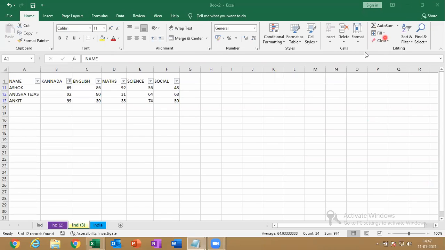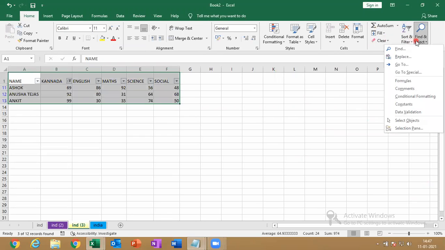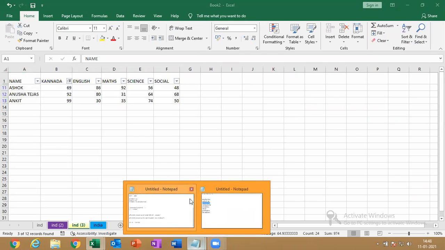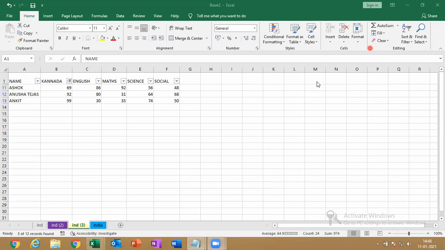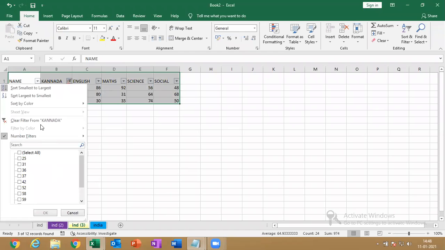So is that clear until here? Next, Control F. Control F is for find. Control F is for what? Find. So let me clear the filter.